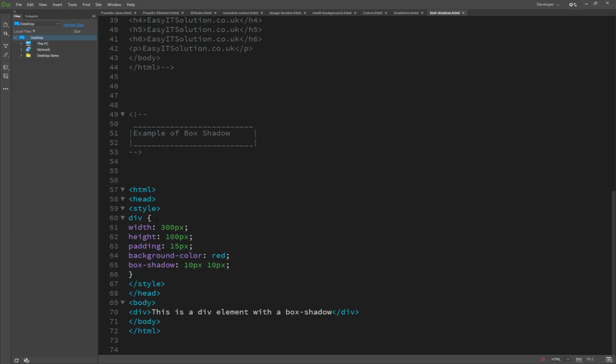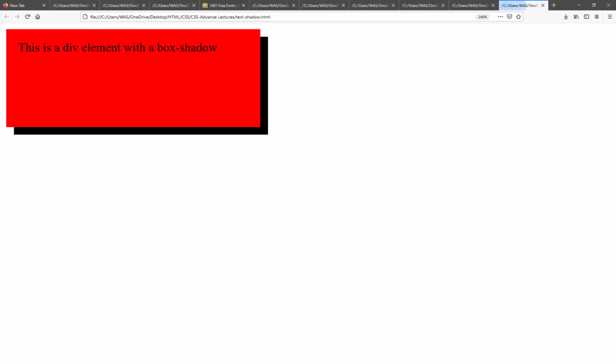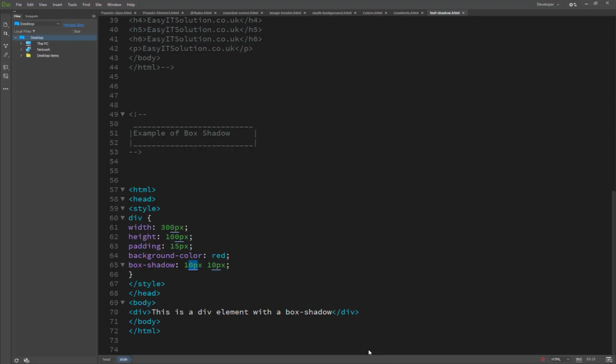And I have set the width to 300 pixels, the height 100%, padding 15%, set the background color left, and the box shadow 10 by 10. So now you will see the result here. So it's a color black, but if I just set the background color